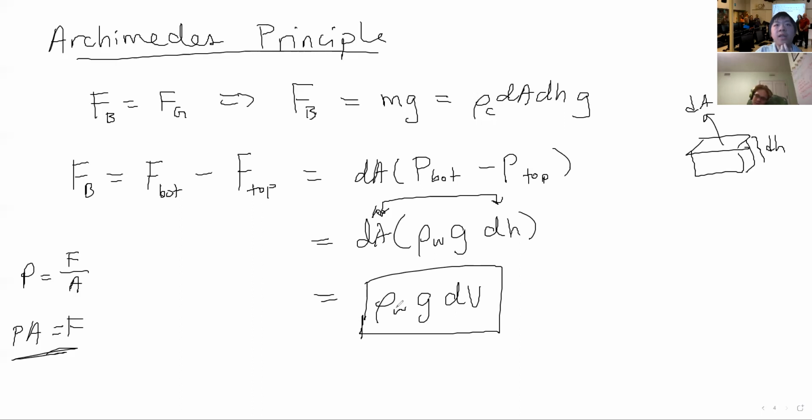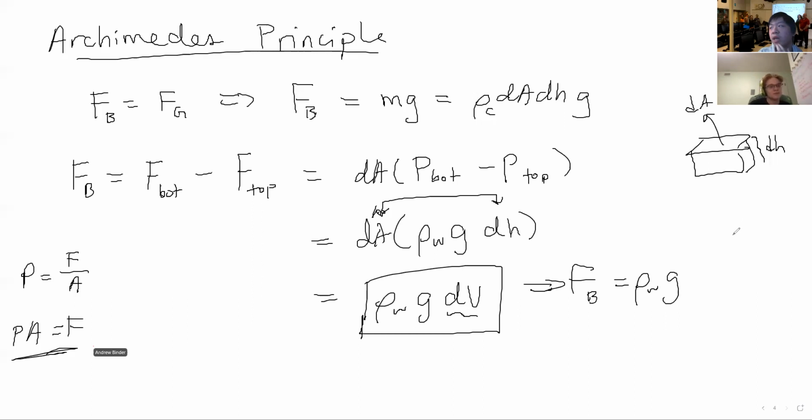And then notice that this does not depend on the density of the object itself, but rather it only depends on the volume, right? Because rho_W is constant for whatever fluid you're in, and g is also constant, depending on the planet you're in, I guess. But then volume is the only thing that can change, because if you sum up all the cubes, then that means F buoyant on an object is equal to rho_W g, but then when you sum up all the dVs,